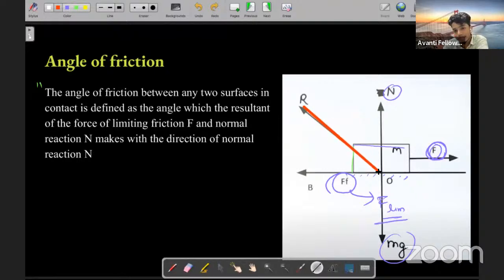Now they are saying that the angle which is the resultant of force of limiting friction F and the normal reaction makes with the direction of normal reaction. Basically, they are saying this angle, let's take it to be theta. This is what, students? Angle of